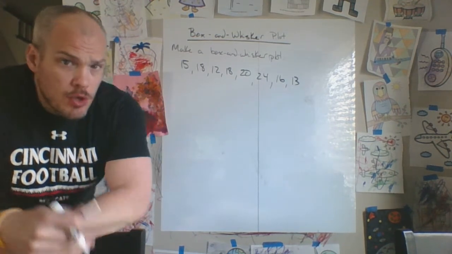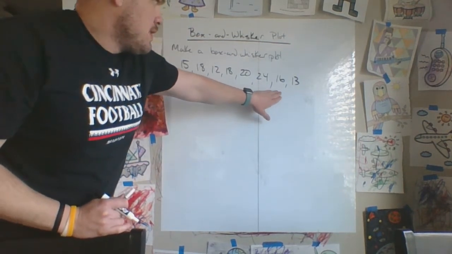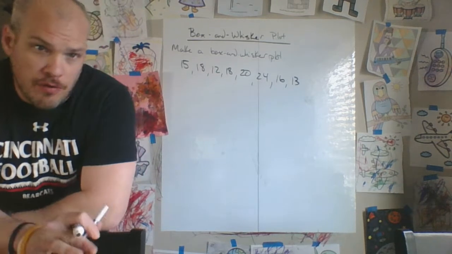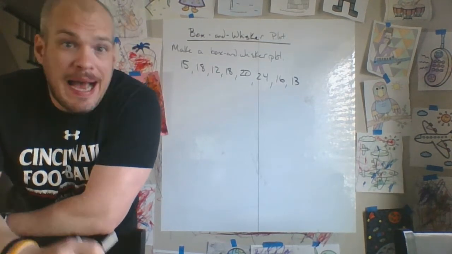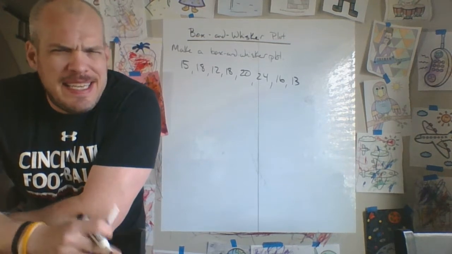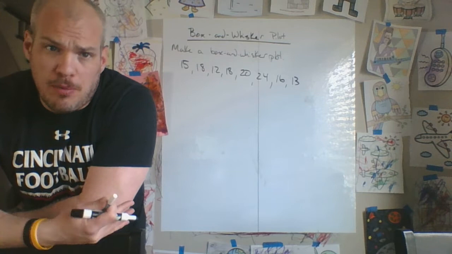So we have our data set here. We have 15, 18, 12, 18, 20, 24, 16, 13. I'll post the original video for this where I got the information right underneath mine. Basically, this is talking about DVD sales. I don't know per day, whatever it may be, but we need to make a box and whisker plot based